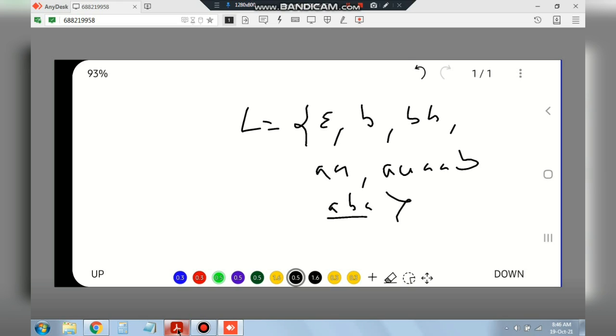The minimum string I have written here is epsilon. So S goes to epsilon. And I can have B also, means only B's. Because with only B, I can have 0 number of A's, that's also a valid string. So I'll be writing here BS. So S will be repeated. Else what we can have is S goes to 2 A's are there, right? So I'll write here AA.